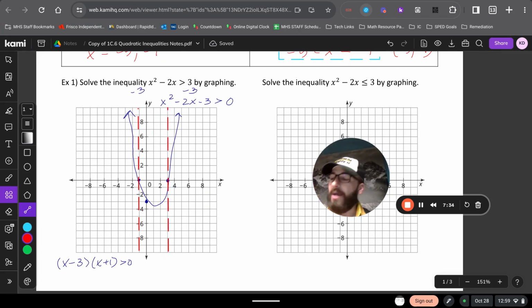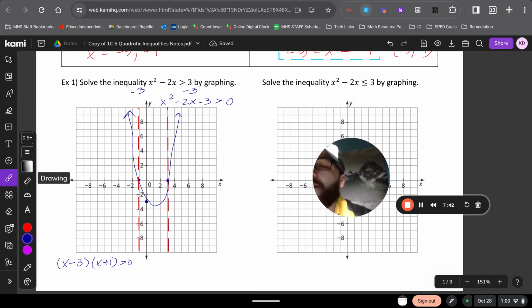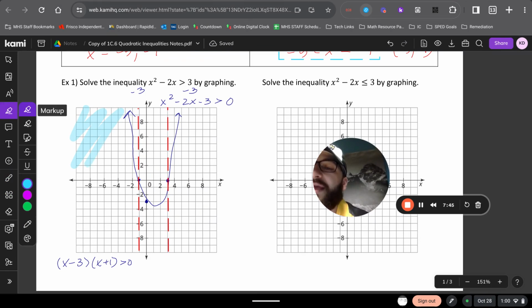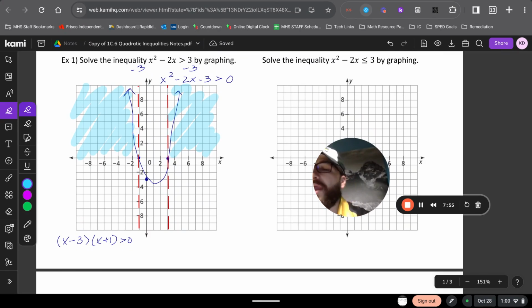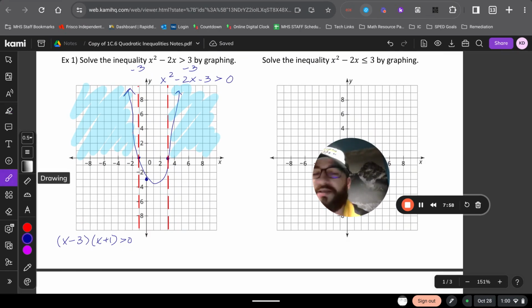Okay, and so now I'm looking for where is this quadratic function greater than 0, where it is greater than 0 in 2 different places. Here for values less than -1, and here for values greater than 3. So those 2 regions are going to fall in for my quadratic inequality. So I can write it either as 2 separate inequalities, so x values that are less than -1 and x values that are greater than 3, or I can write it as 2 separate intervals, -infinity to -1, in union with